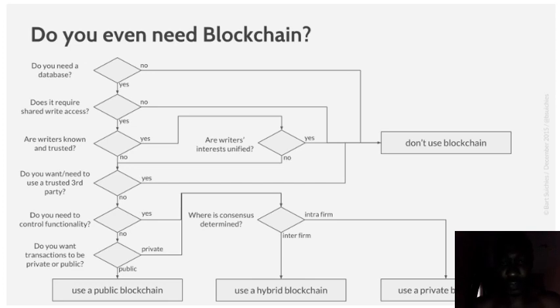And then we have different kinds of blockchain. This decision tree also helps you know if you're going to make use of a public blockchain, a hybrid blockchain, or a private blockchain. And we also have the consortium blockchain, where companies come together to make use of one blockchain, maybe when they are in a particular industry. So these are the decisions you need to make. You can pause the video here and look through this decision tree to get a better understanding.